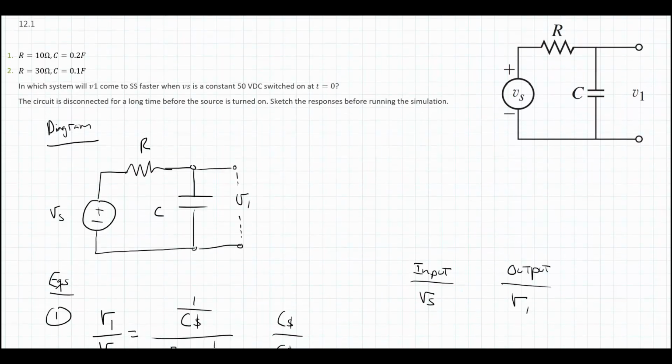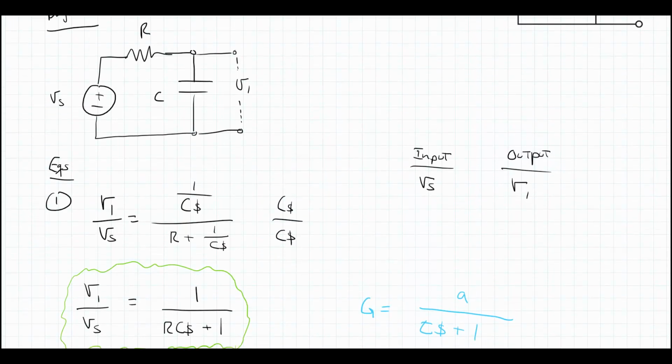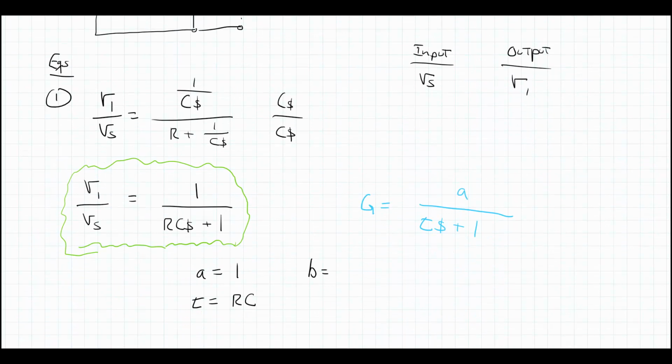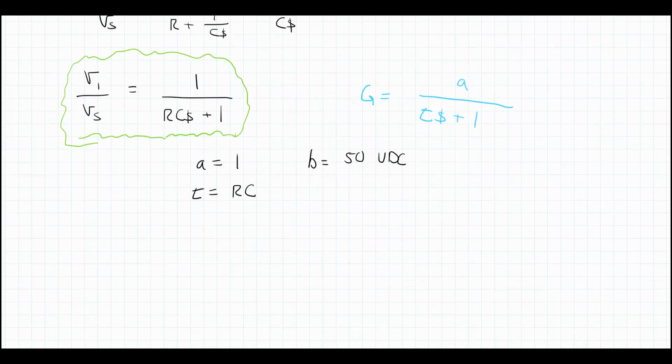So if we go back to what was given to us, that source voltage is going to be a step function with an amplitude of 50 volts DC. So b is going to be 50 volts DC. So with these parameters, a, b, and tau, we are going to be able to sketch the response of both versions of our system. So at this point, I can break it up into, let's look at the first system,